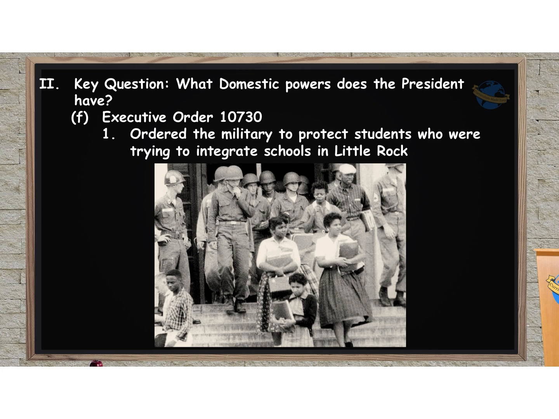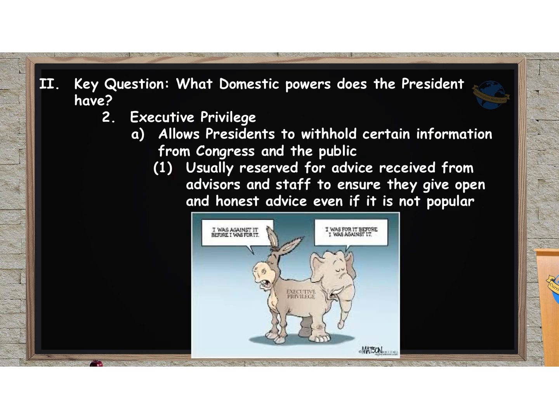In fact, in 2025, as I'm recording this, the current president is in the process of issuing a slew of executive orders on a wide range of things. Another domestic power presidents have is called executive privilege. This allows presidents to withhold certain information from Congress and the public, essentially allowing the president to keep certain things